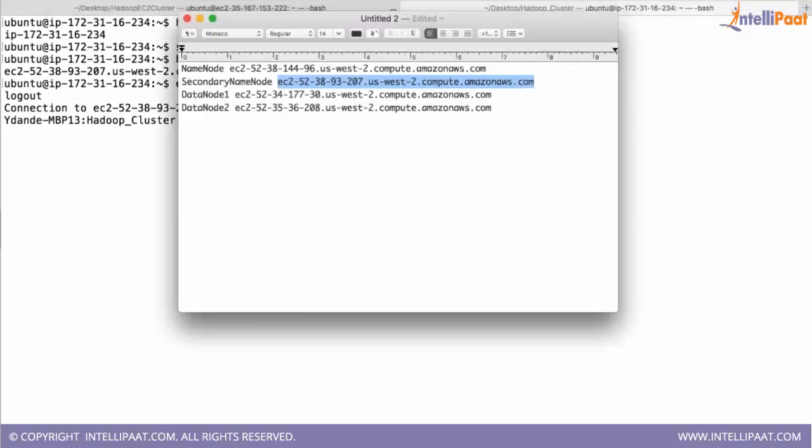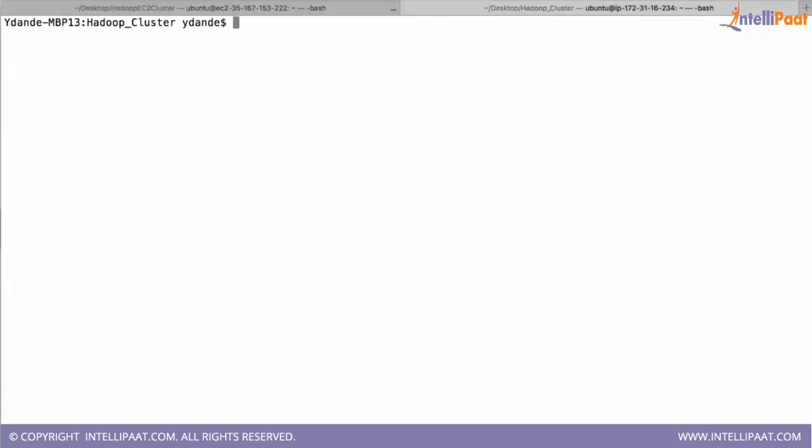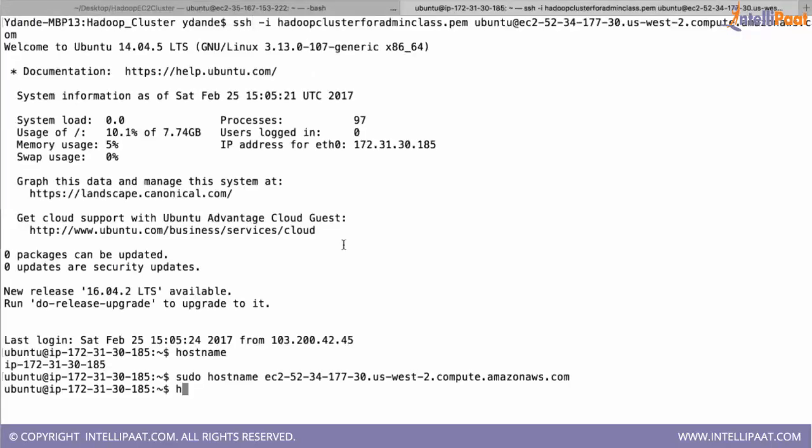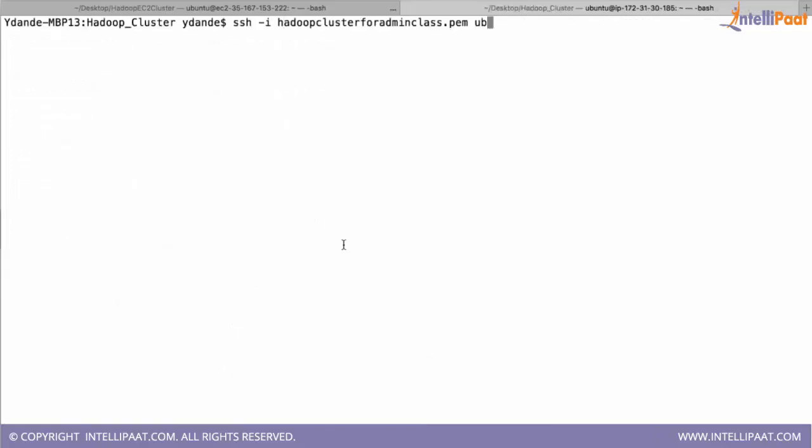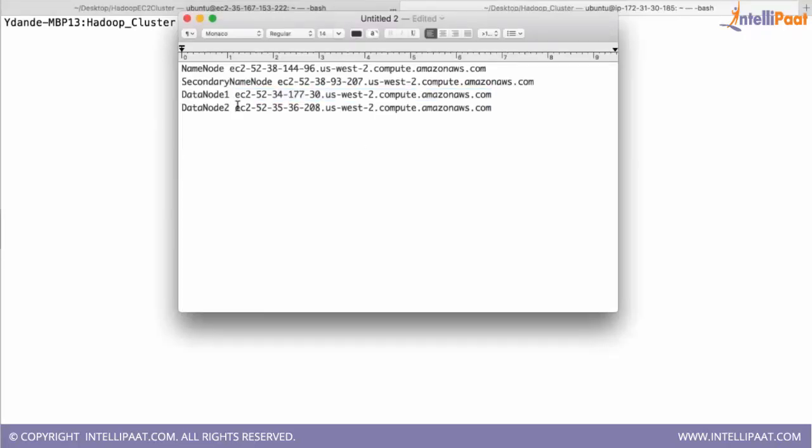I'll repeat the same steps for the data nodes also. I have just changed the host name for data node 1. I'll do the same thing for data node 2. This is my data node 2.